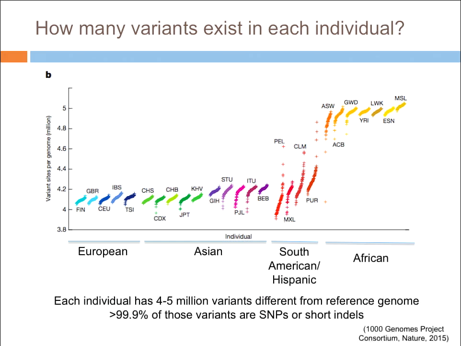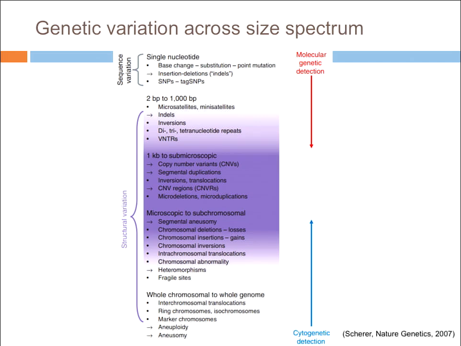So most of the variation in the genome is small structural or small sequence variation. But that's not to say that that's the only type of variation in the genome. In fact, there are many types of variation in the human genome. The genome can be messed up in many different ways. Okay, so it can be messed up at the sequence variation, the individual base pair level. So single nucleotide changes, and an example are single nucleotide polymorphisms like we talked about before, or indels,